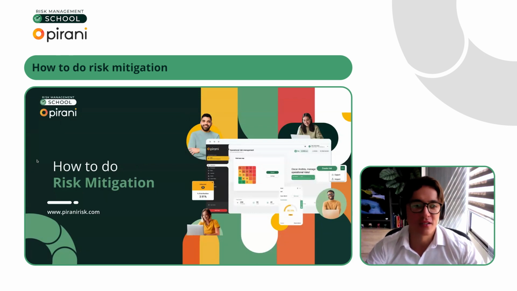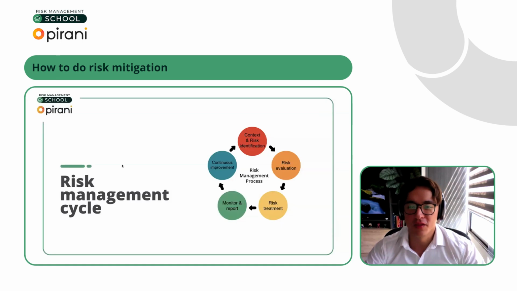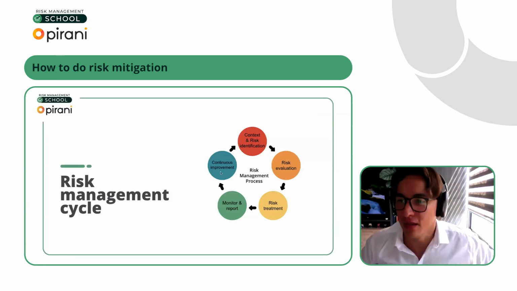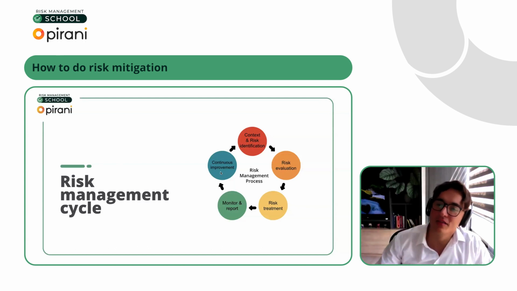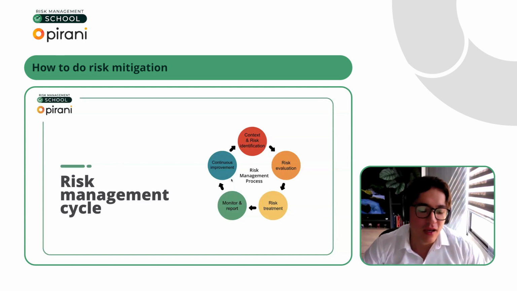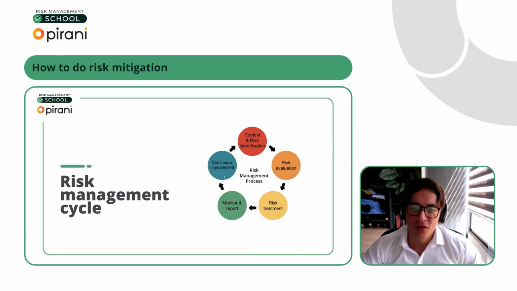So remember that in my particular style, I always want to start from the risk management cycle that I think gives us an idea of what step we are in and what we can do next. So we always talk about the context and risk identification, then the risk evaluation, the risk treatment, the monitor and report, and continuous improvement.